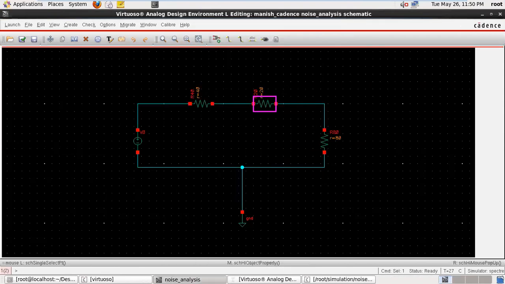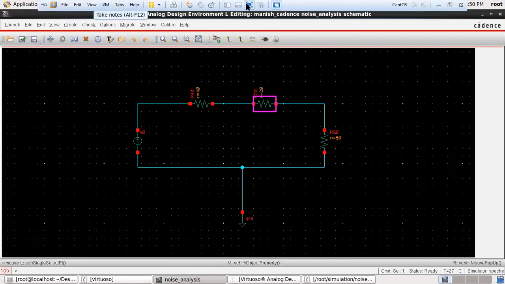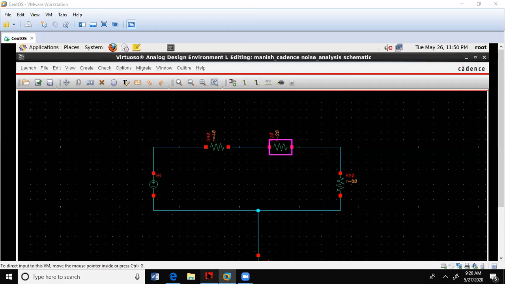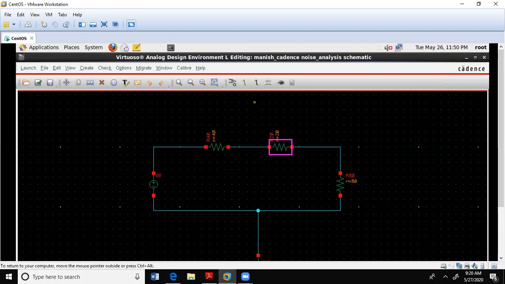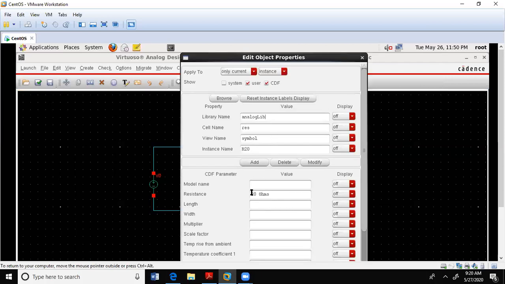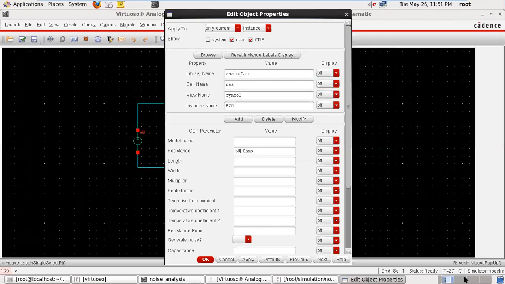The third value of resistance is 60 ohm. Apply.